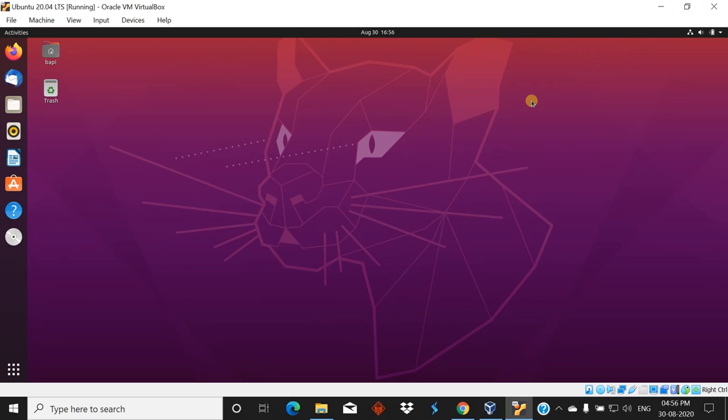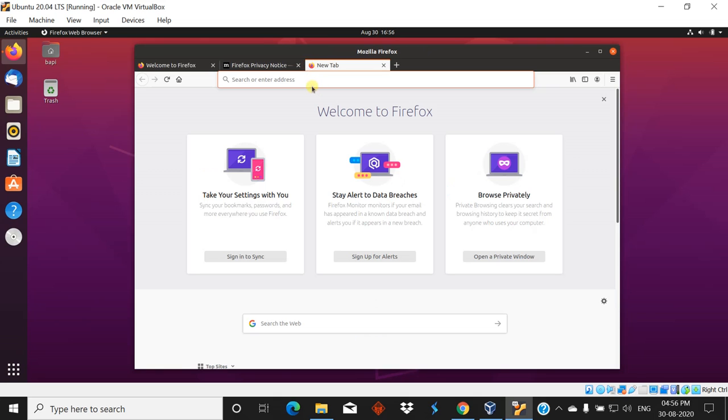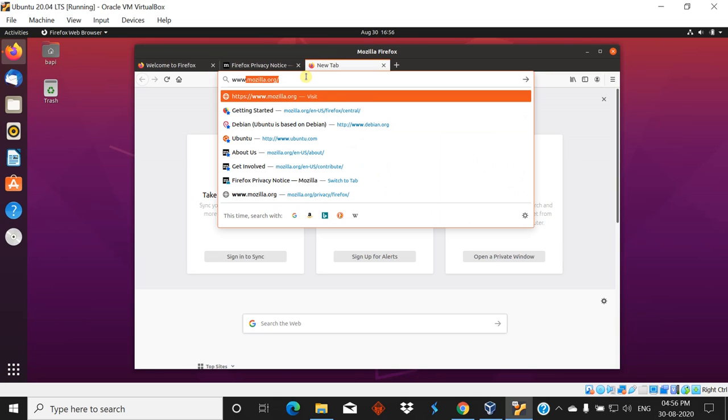Now here you can check whether the copy paste option is working or not. Just open the Firefox browser. Now open a tab, write www.google.in and hit enter.